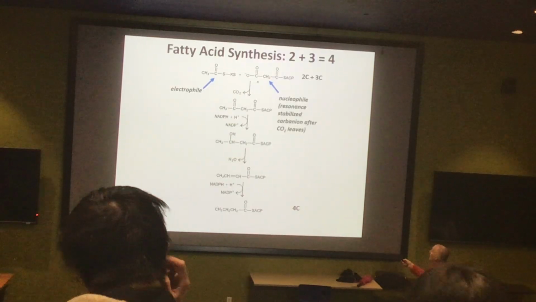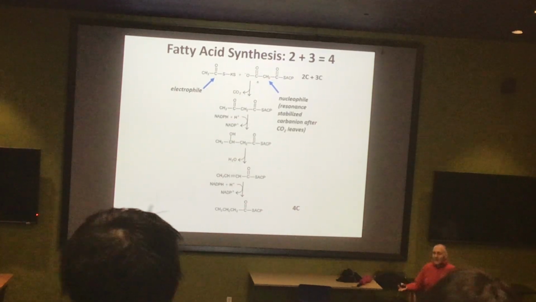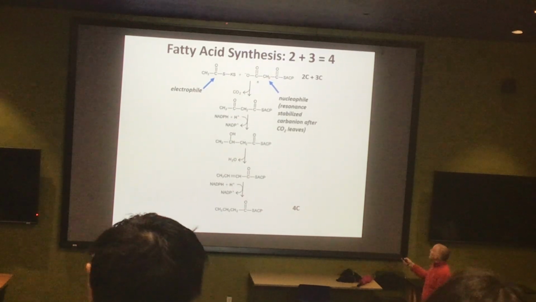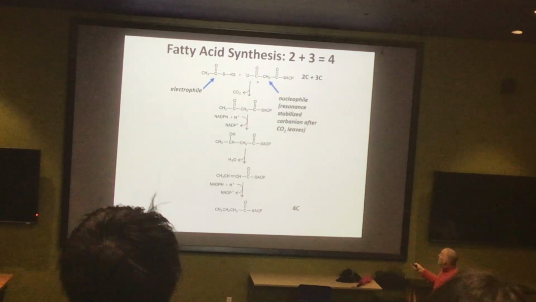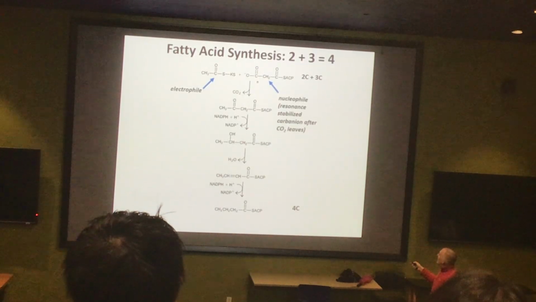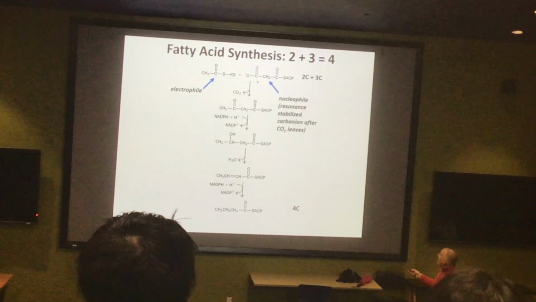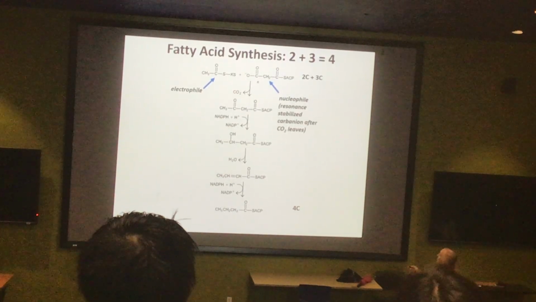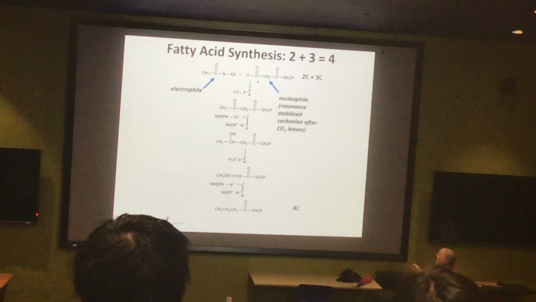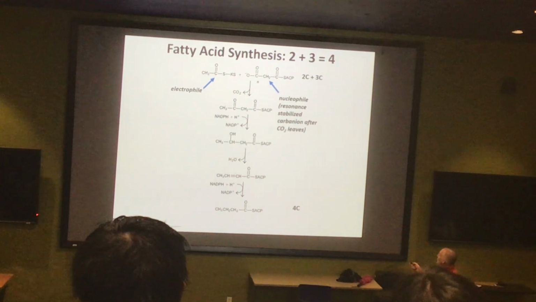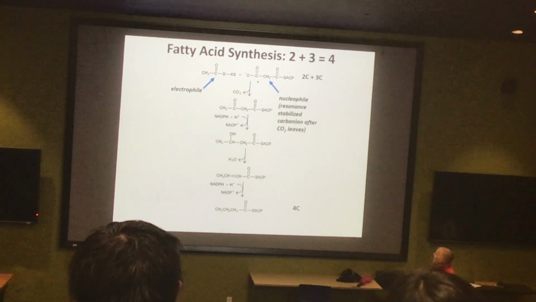So we lose the carbon dioxide group. Again, it's not happening by itself. The enzyme is present there. We're losing the carbon dioxide group. That's going to put a pair of electrons here, or a double bond doing the attack. It doesn't really matter how you want to perceive that. That makes a carbon-carbon bond, and notice we've now extended these 2 carbons, 3 carbons, lost 1, so there's 2 carbons into this 4-carbon molecule.